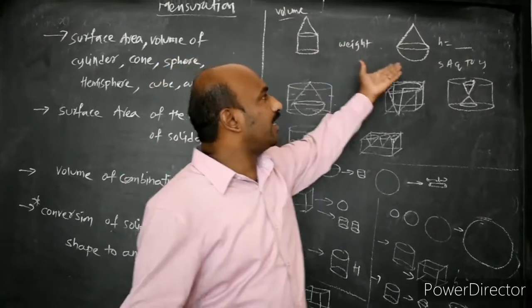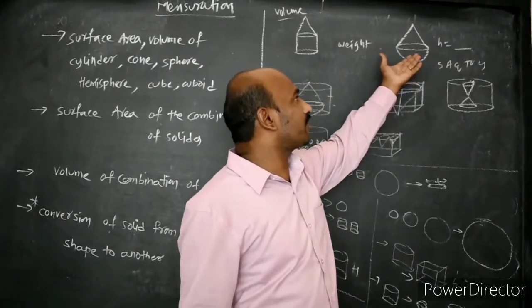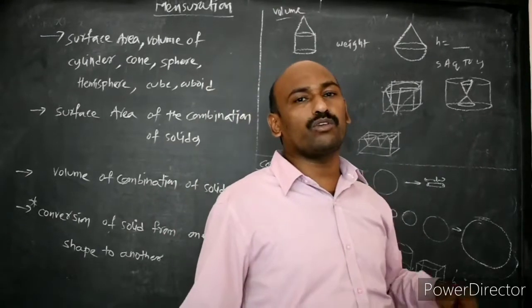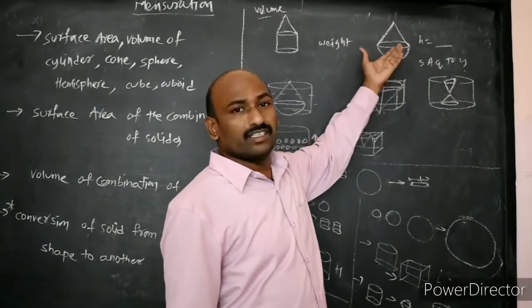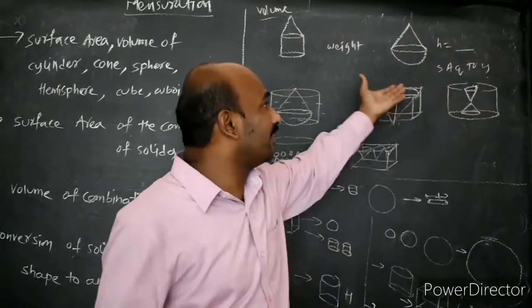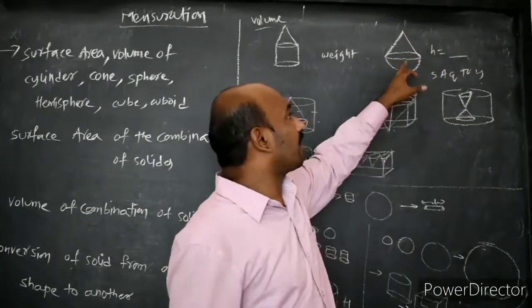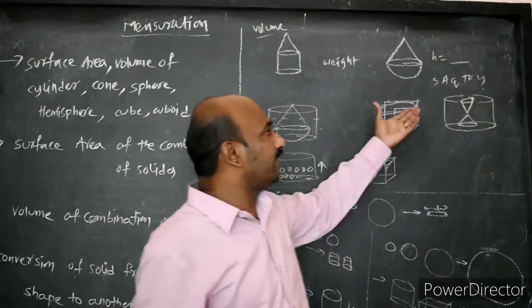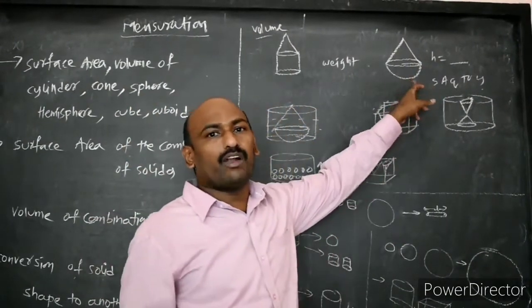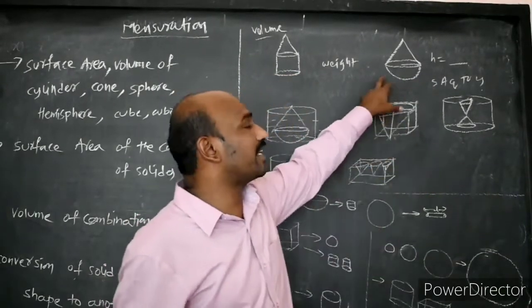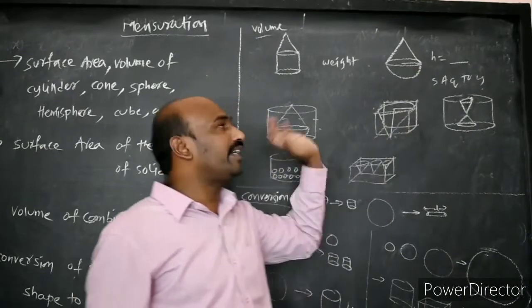rods we can say. And when you take a combination of hemisphere and cone, they can ask like what is the height of that cone, and they will give the condition this volume of the hemisphere is 2 by 3 times of volume of cone or like that. Then we can substitute, the common radius will be there, we can get the height of that cone, and after getting height, what is the surface area of the toy means CSA of cone plus CSA of hemisphere, we can get surface area of the entire toy.